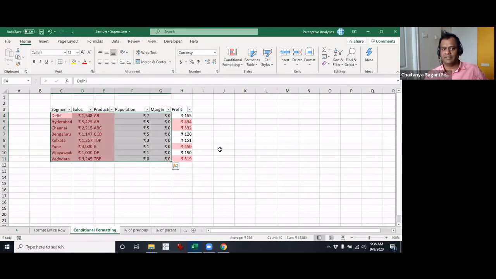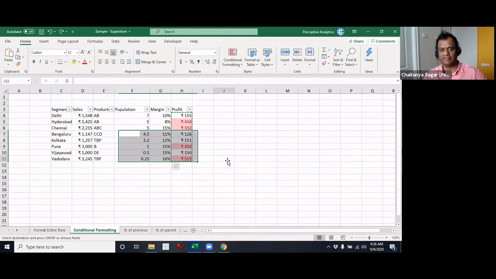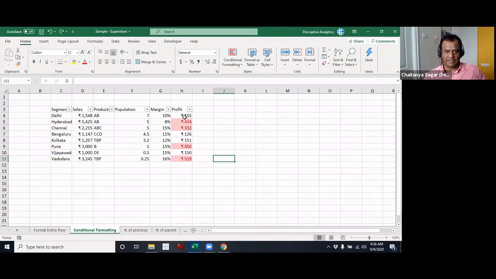We get a slightly different output. Here everything got highlighted because I think it's applying it to each of the cells, but I'm not so sure why these got highlighted. We can check that, but we'll not get into it right now, because that will deviate us from what we are trying to learn here. Again, just to go back, we want to highlight all the rows that have 200 or more profit.